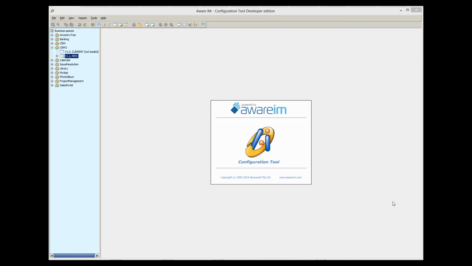In this tutorial, I will talk about an AwareIM concept called shortcuts, which is mostly used to display values of other business objects and queries. Please make sure that you are familiar with the concept of query in AwareIM and watch the corresponding tutorials before